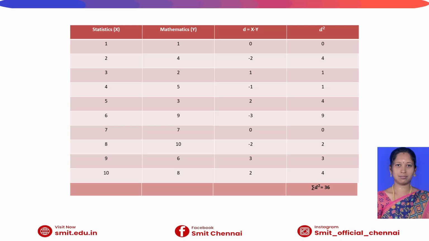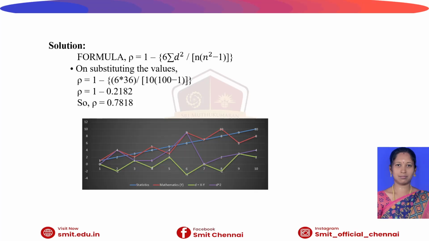Statistics, mathematics, also the difference of x and y, and d is equal to d square. We get the total of summation of d square is equal to 36. In this formula, we get p is equal to 1 minus 6 summation of d square by n into n square minus 1. On substituting the values, p is equal to 1 minus 6 into 36 divided by 10 into 100 minus 1. We get the answer p is equal to